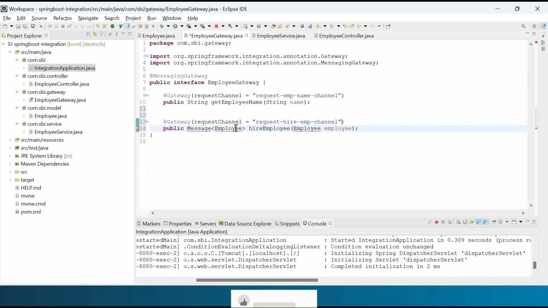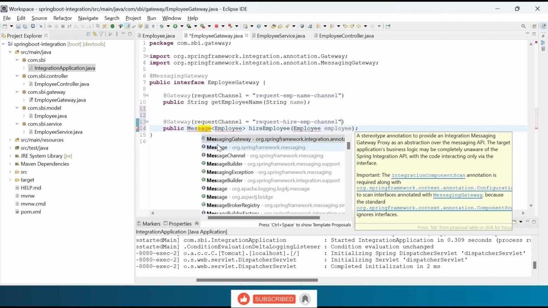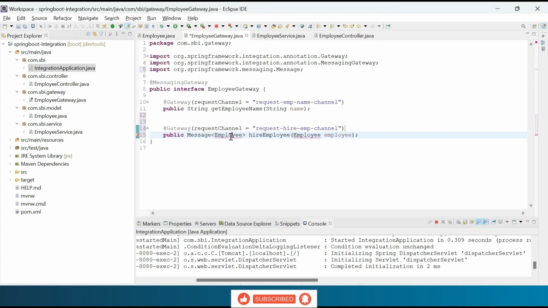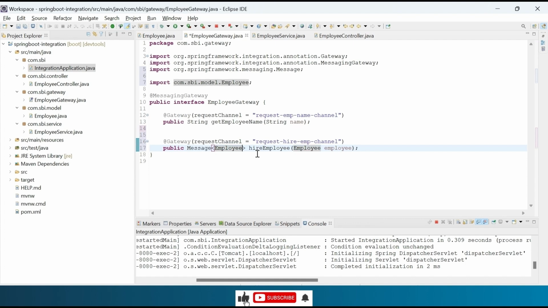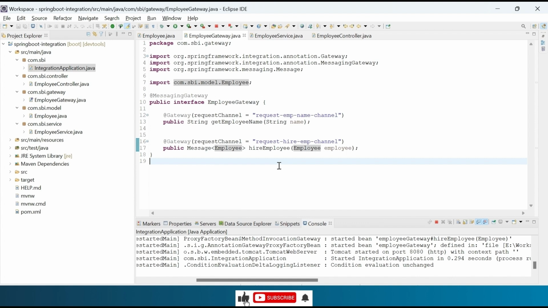Fix the imports. Let's add some comments.